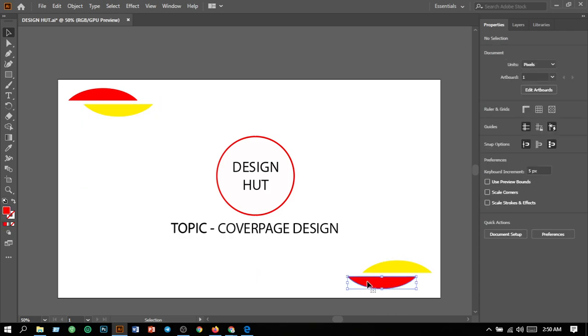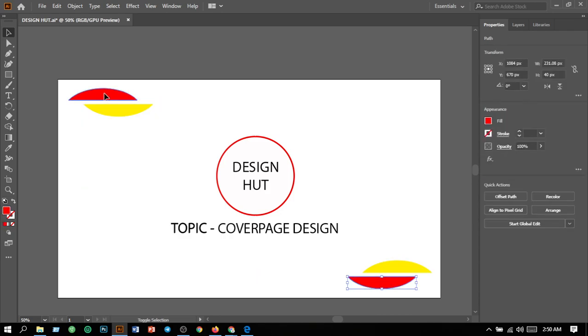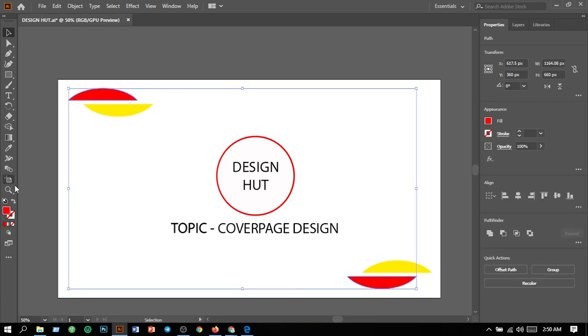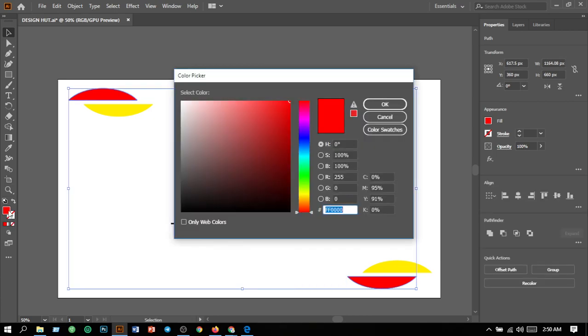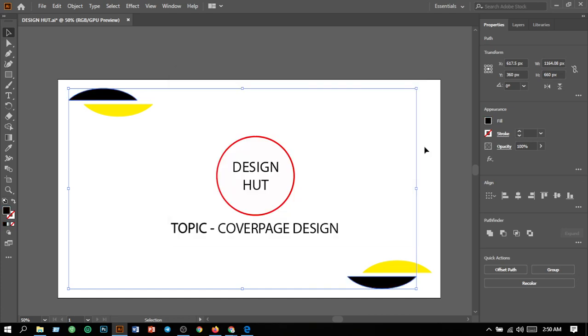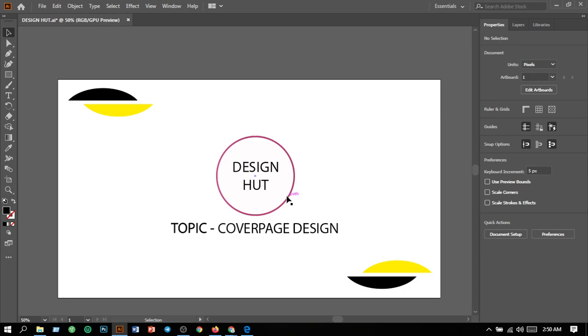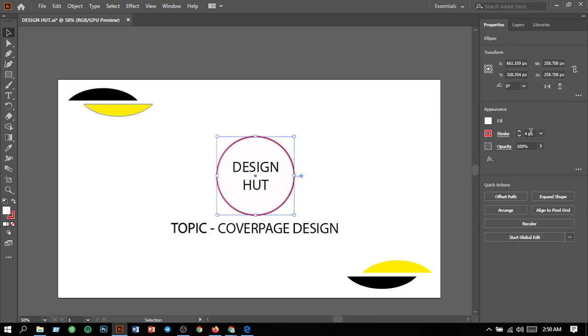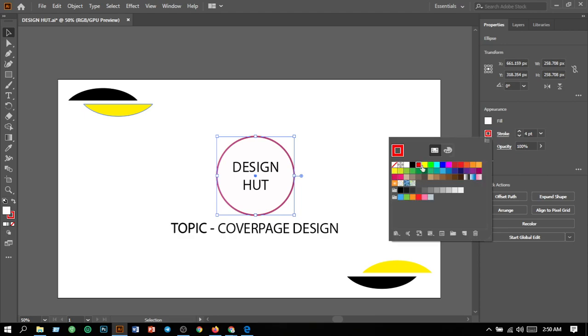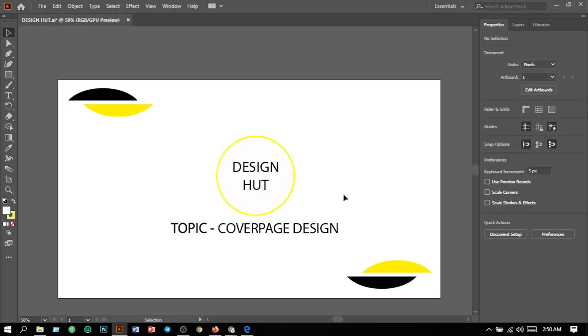Then these two will be black. Black will be perfect here. Okay. Then I'll make here yellow. I'll make here yellow and yellow, and then here I'll edit, which will be the